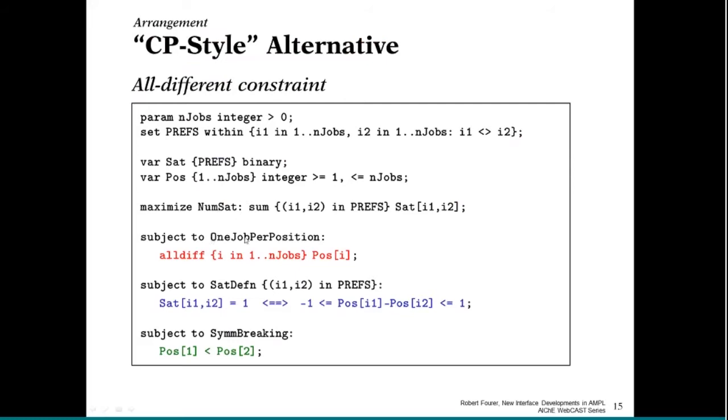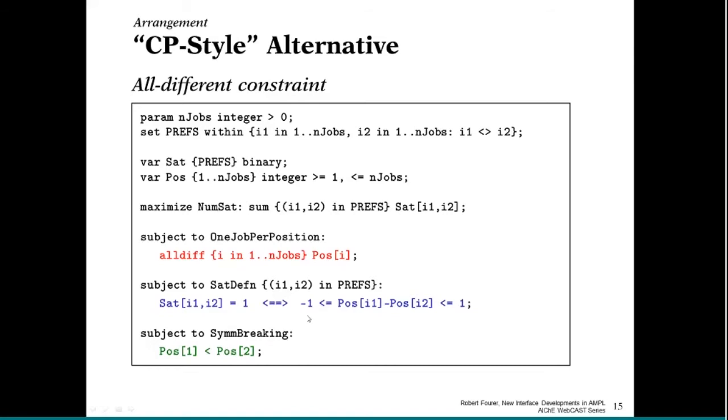The requirement that there's only one job in each position, I can say all the position variables have to be different. I use this all-diff operator, and then to say that the satisfiability variables relate to the position variables, I just say that an adjacency requirement is satisfied if the positions differ by at most 1. And then I have this little symmetry breaking thing in here. You can always flip the order, reverse the order of everything, and you get an equivalent solution, so that breaks